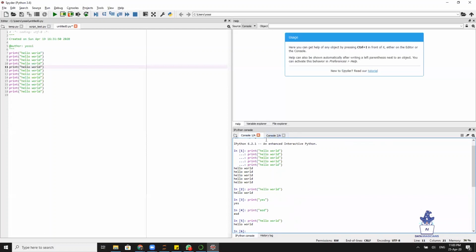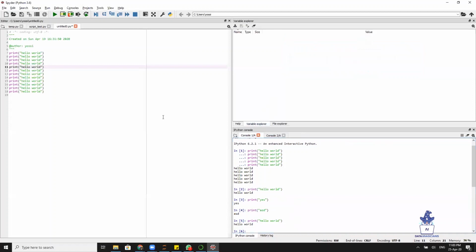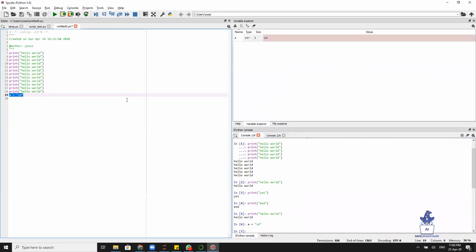The third section is a section that combines different capabilities, but the main one, which is the most interesting, is the variable explorer, which lets me see the different variables that I defined in my code. Now, we didn't talk about variables yet, but the important thing that I want you to understand about this concept is that I can see the